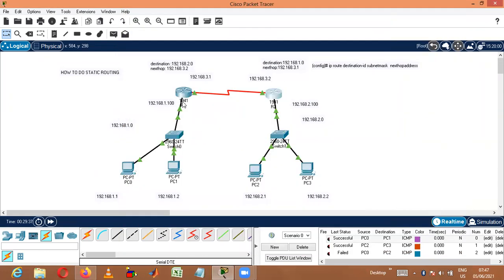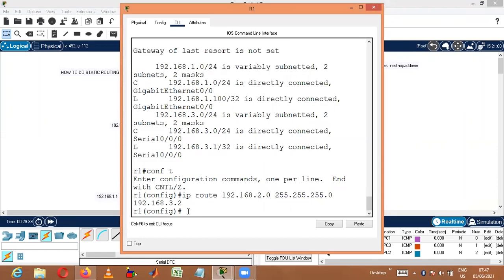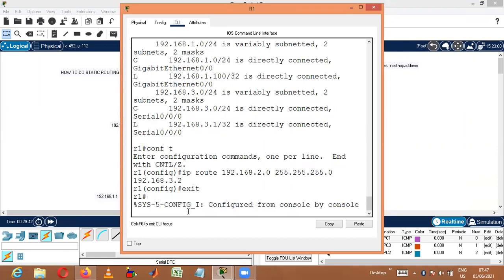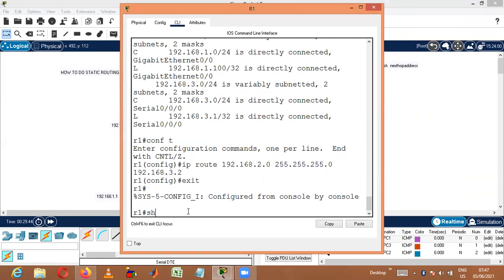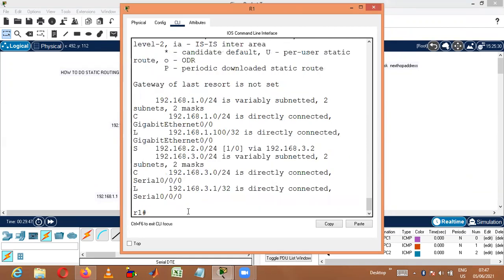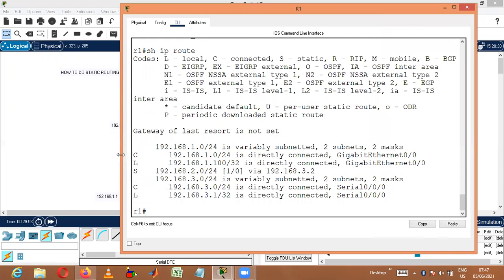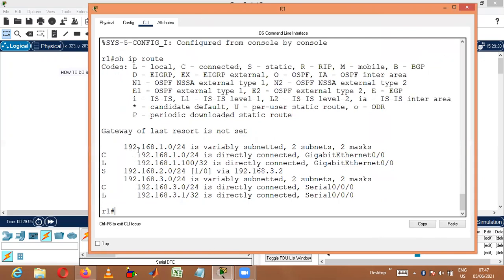And I'll go with the router now. Router 1, I'll check the configuration now. Exit. Now I'll check the configuration. Show IP route. See, now we can see whether we have done the static routing or not. 192.168.1. network is connected. 192.168.3. network is connected.